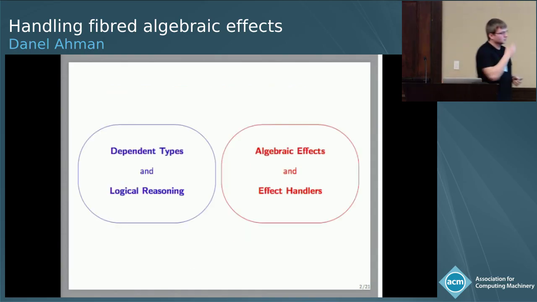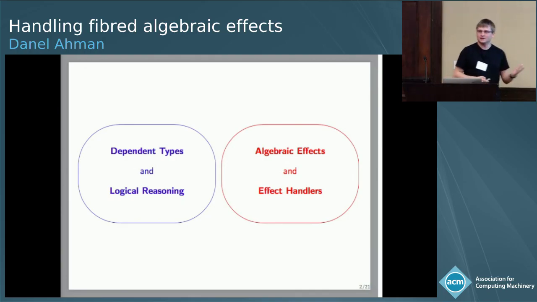Okay. So we have these two areas which have been well studied in isolation. On one hand, we have dependent types, which allow us to do both functional programming, but then also very precise logical reasoning inside the same system. But most of that work historically has been in the pure setting, so we don't have side effects around. There are emerging languages like F star, Idris that support it, but in this talk I'm looking at more foundational questions. On the other side we have